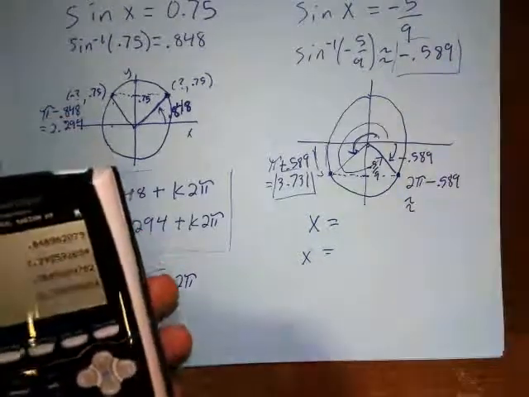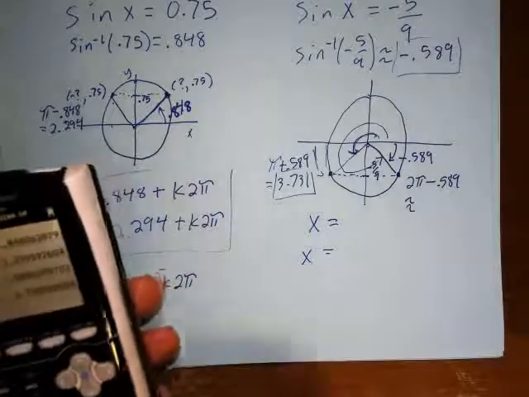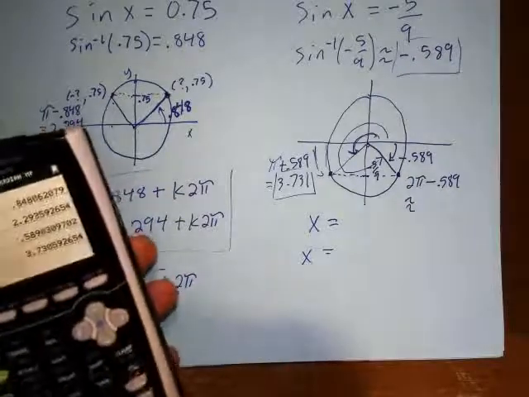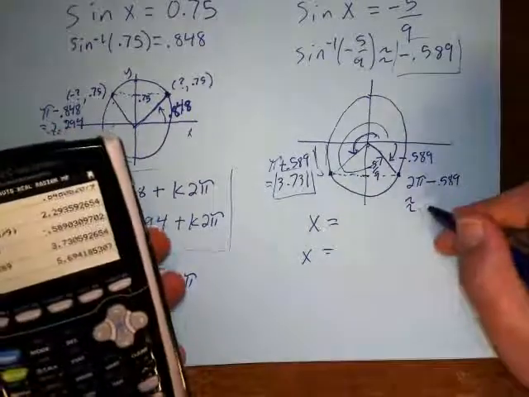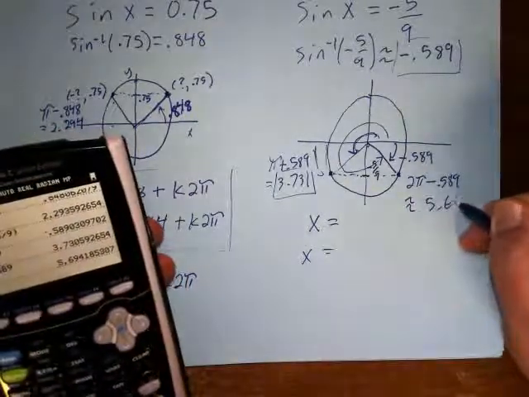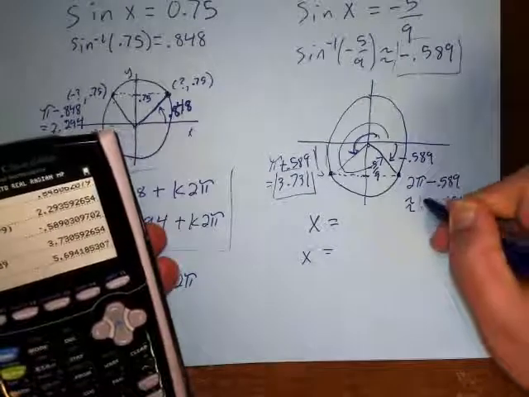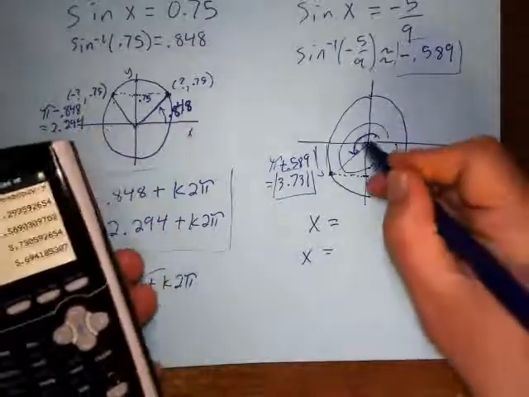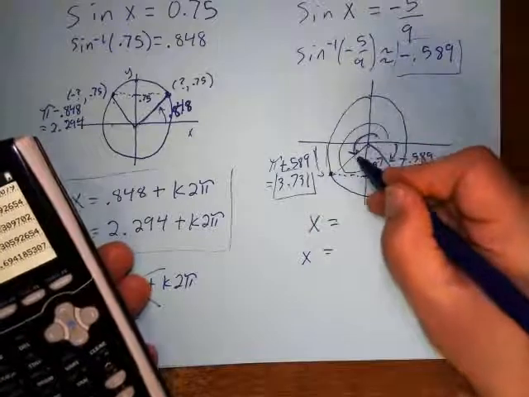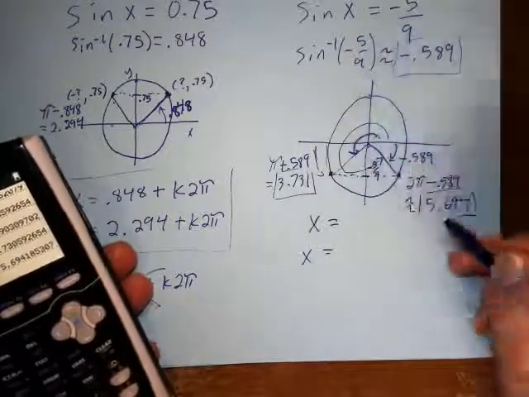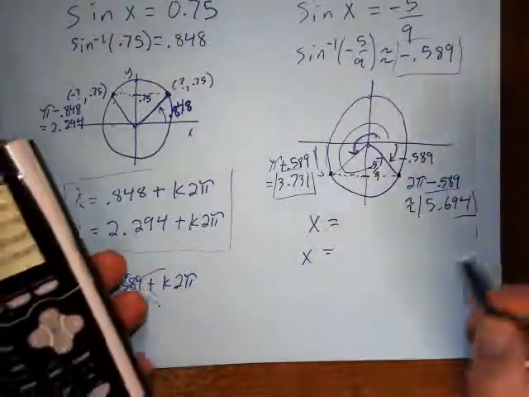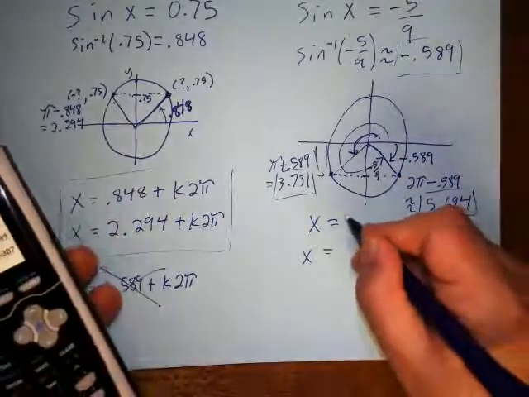So I would do 2 pi minus 0.589, and that gives me 5.694. Okay, so this one would be the 3.731, and this one would be the 5.694, and those would be the two angles that I would use,